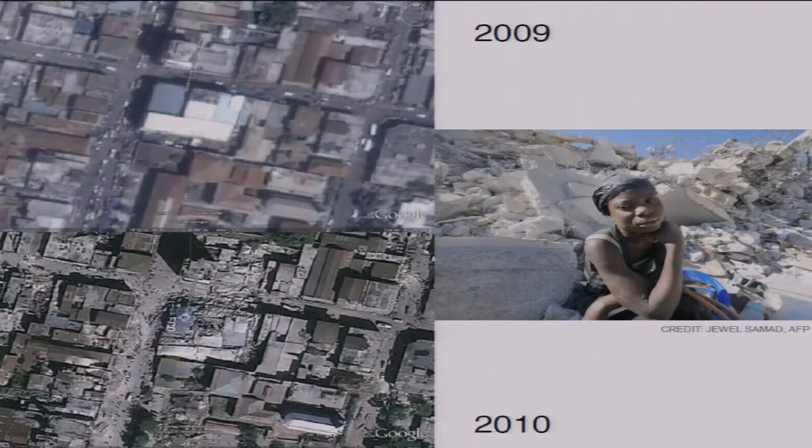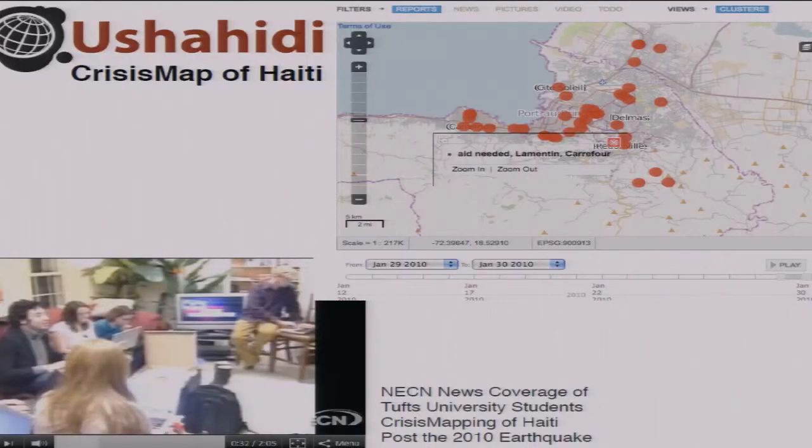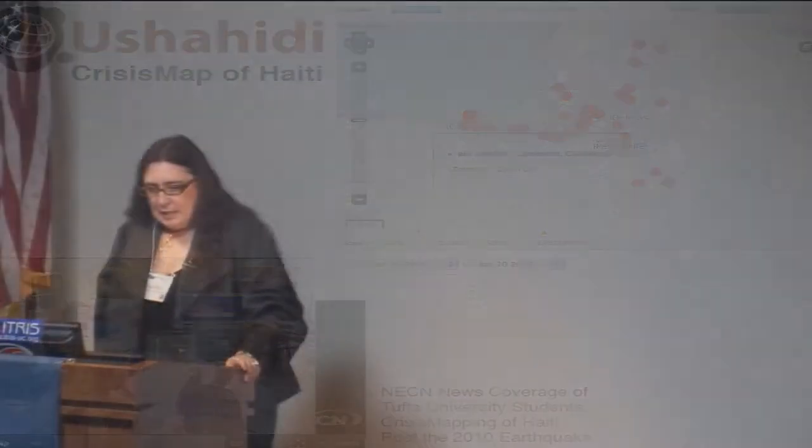And one of the companies that was instrumental in saving people on the ground in the middle of the earthquake was Ushahidi. And let me give you a little background on Ushahidi. It's almost 5 years old now. And it started